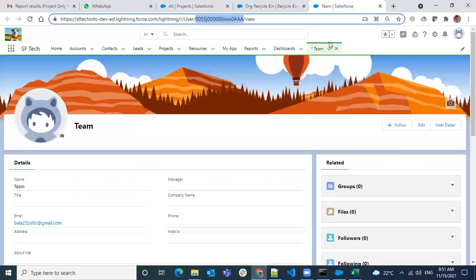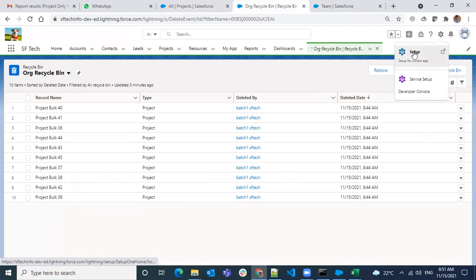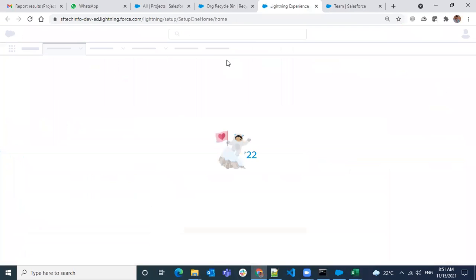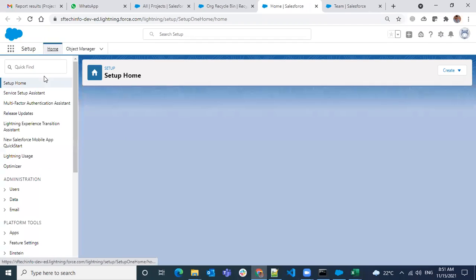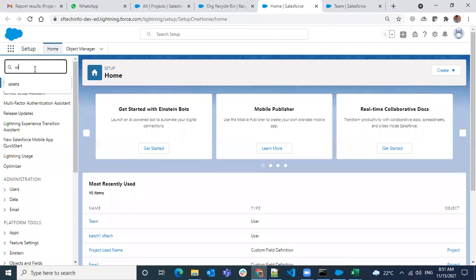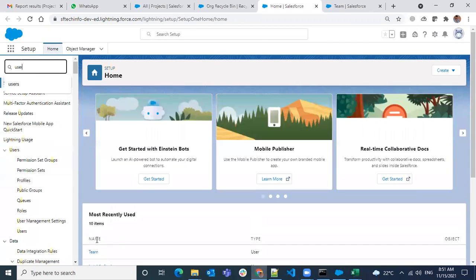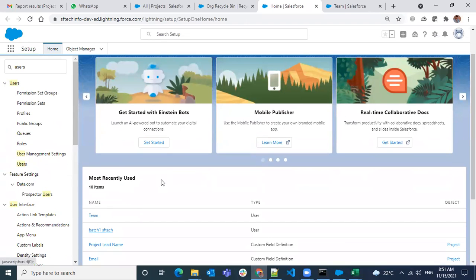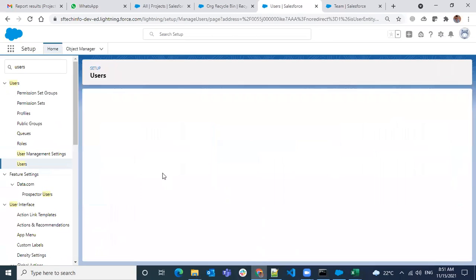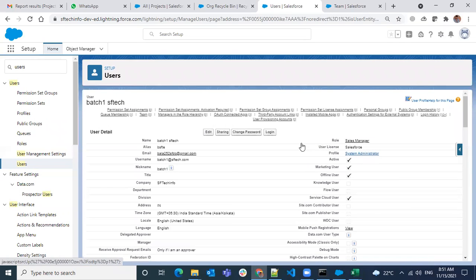Let's check the permissions here. So this is a user, right? Batch one SF Tech. I'll go to administrator.